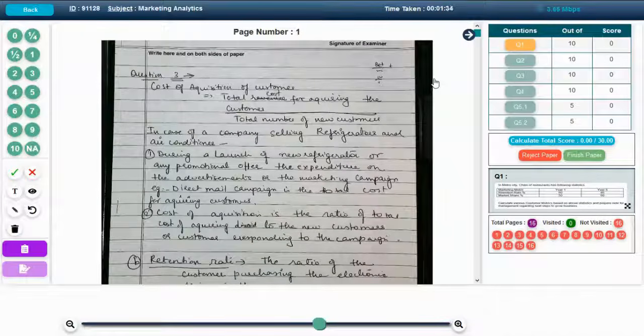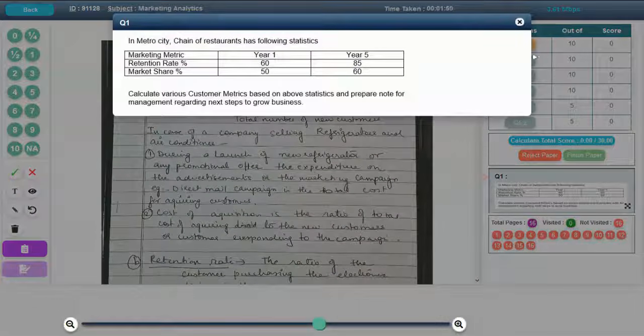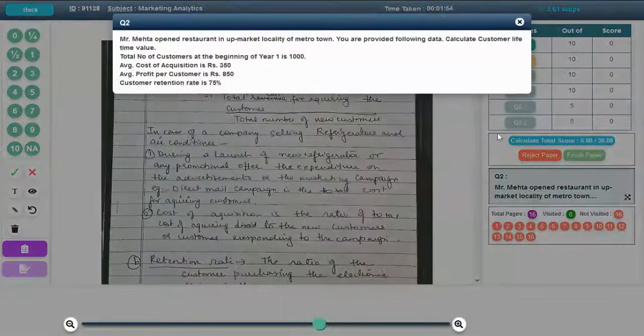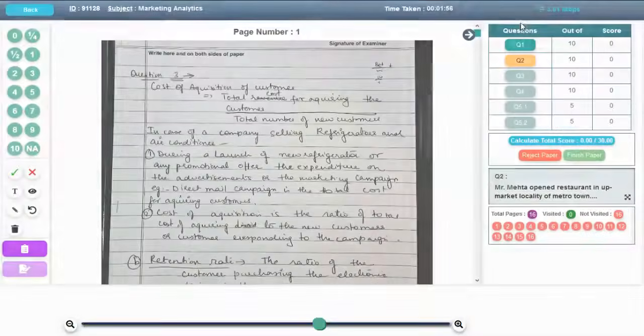As you can see, there are various controls available on the page for adding annotations. You can also view the question paper details. There is a section available on the right hand bottom. On clicking this, you can see the question contents. It can be helpful for you to see the question contents before evaluating any answer.